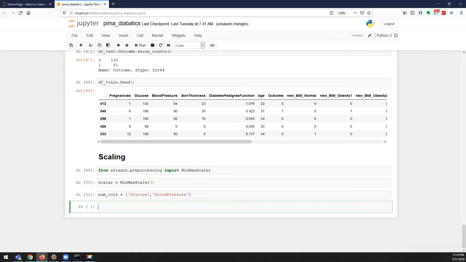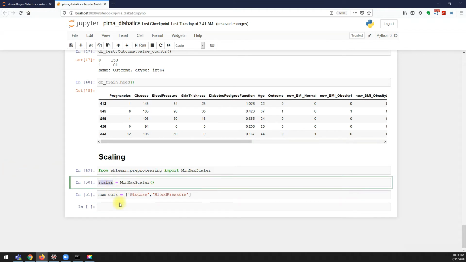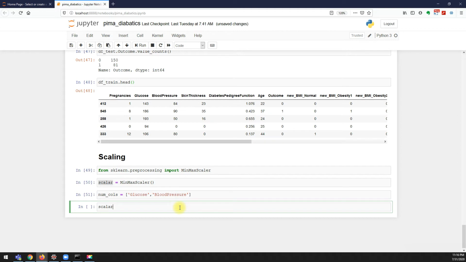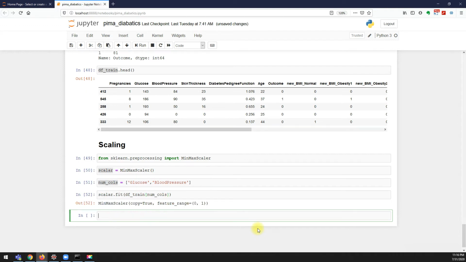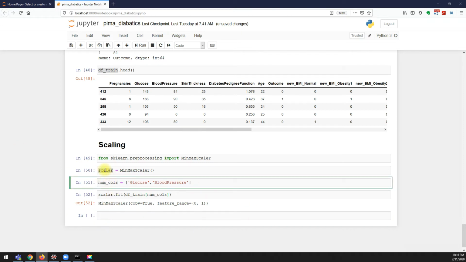Now I need to fit it: scaler.fit on my training data, on the selected numerical columns. Now I have fit the min-max scaler on my numerical columns.